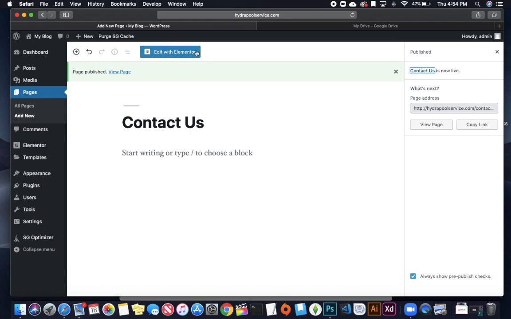This says edit with Elementor because before I started the video I did download Elementor, and it's the page builder that I use that I prefer. But you don't have to use Elementor. There's a lot of page builders out there that you can use if you're more comfortable with it. Okay, so